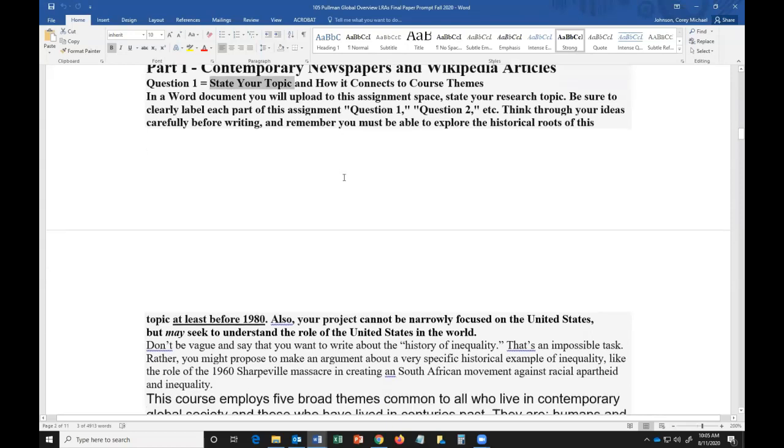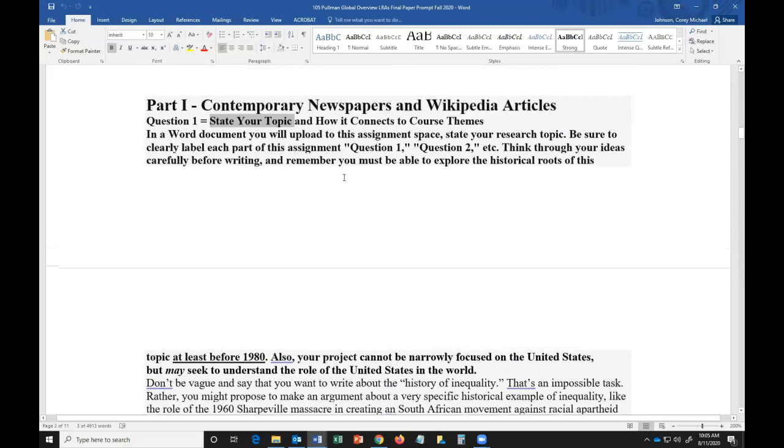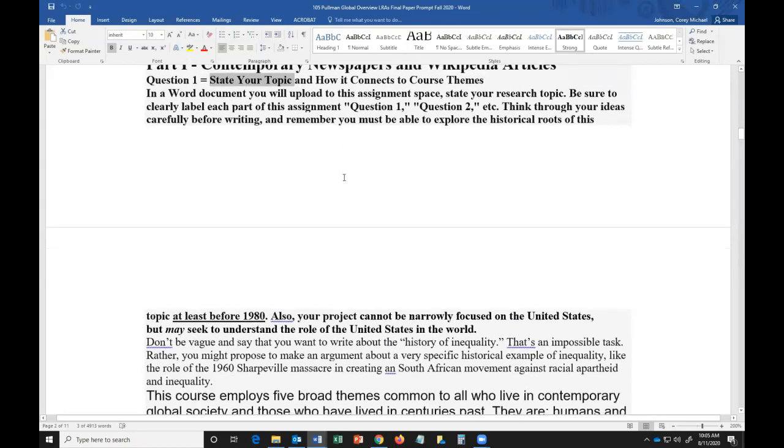And let me tell you a couple of things that are fairly standard in terms of topics that are appropriate for the RCI research project. First of all, the project should be something that's of interest to you, and I mentioned that already. So history is about everything that has happened. And so everyone should be able to find something that is of interest to them in terms of topics for